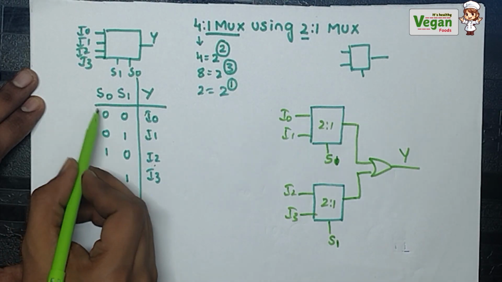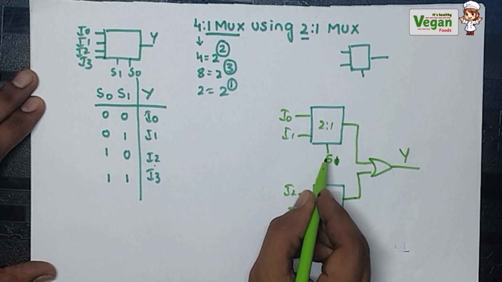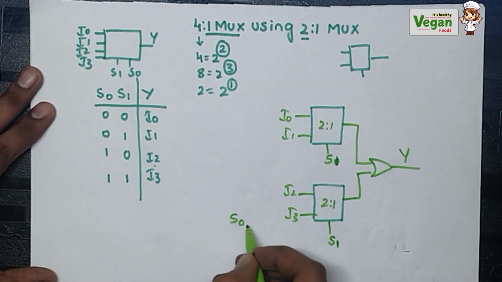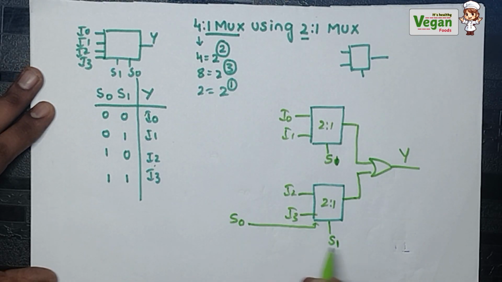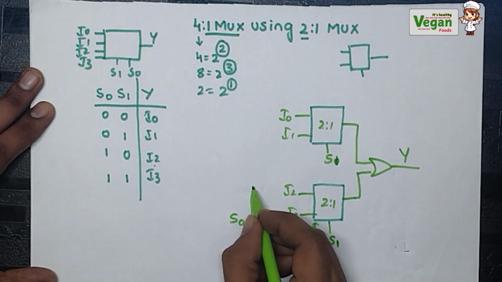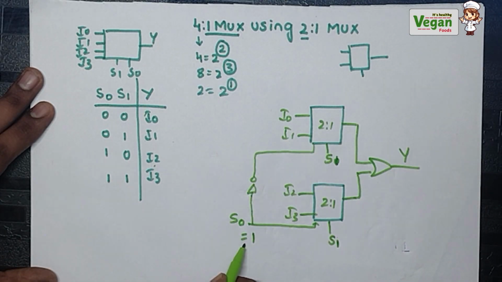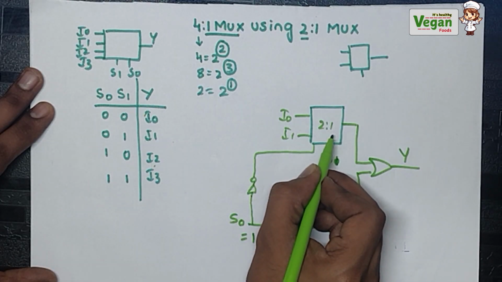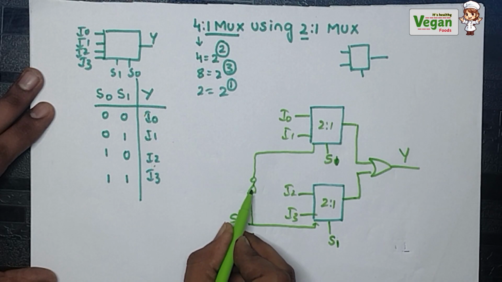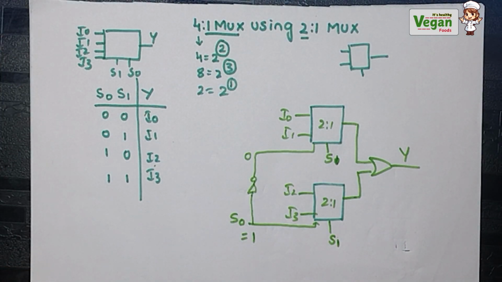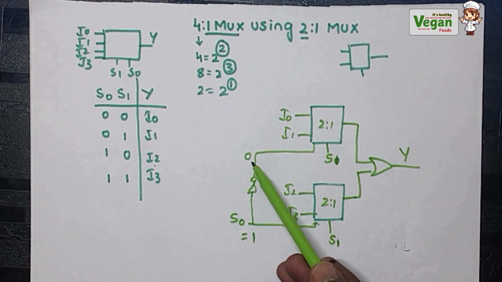Now, S0 I must represent. I cannot directly put it here, so what will I do? I will take it from the external. What is this? S0. So I will give the input to here. If S0 value is equal to 1, it goes to here. Next I will add a NOT gate in front of it and give the input to the other mux. While going to this 2:1 mux, a NOT gate is added in front of it. What will be the value? Its complement, that is 0. So therefore, when S0 value is equal to 0,